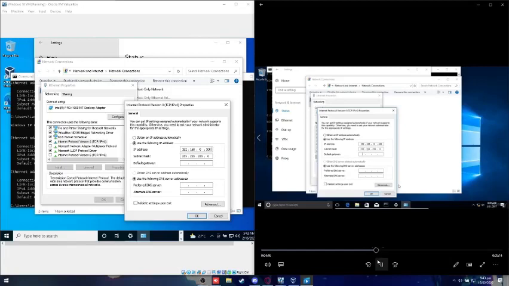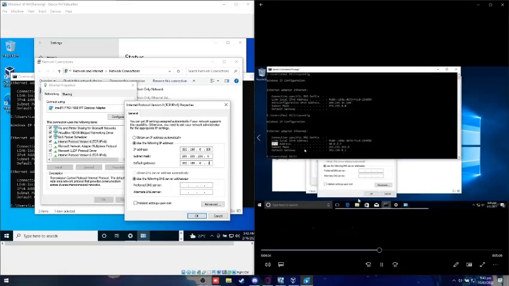All right, so for the default gateway, we're going to do 192.168.0.1. If we go back to our command prompt here, we can see that the default gateway that was assigned by DHCP is